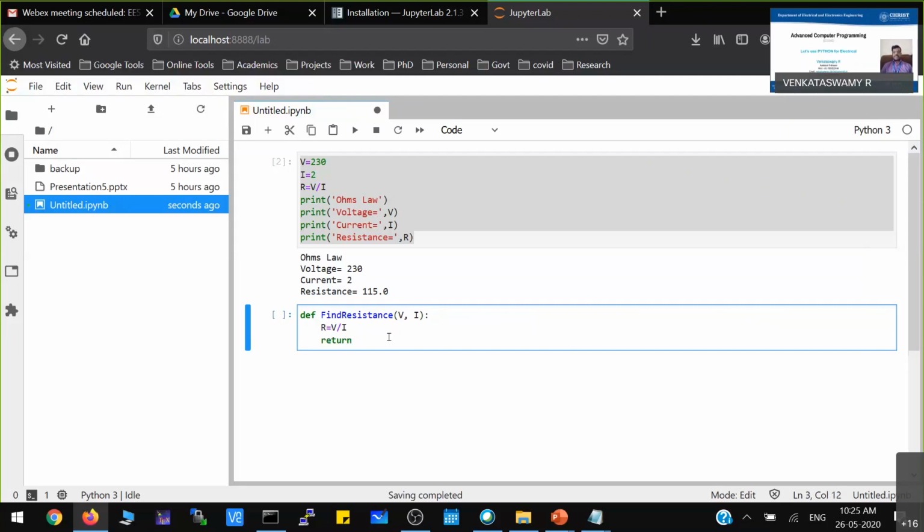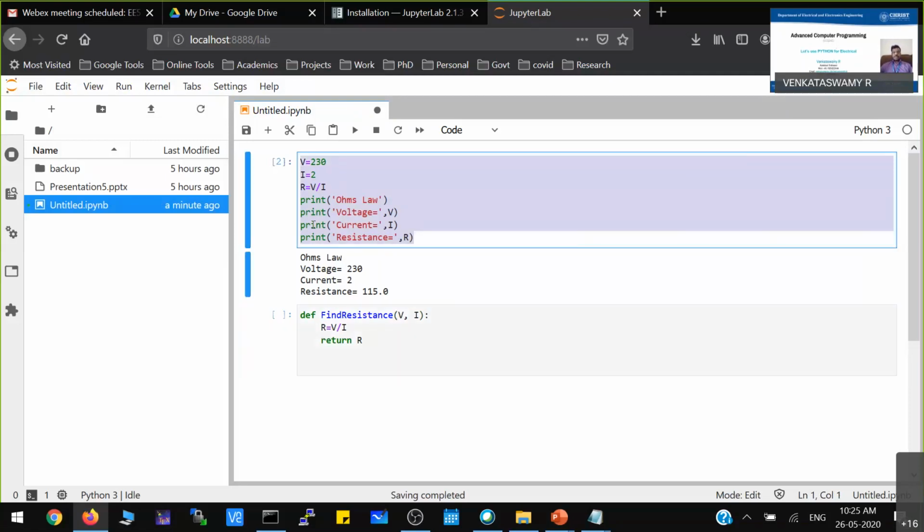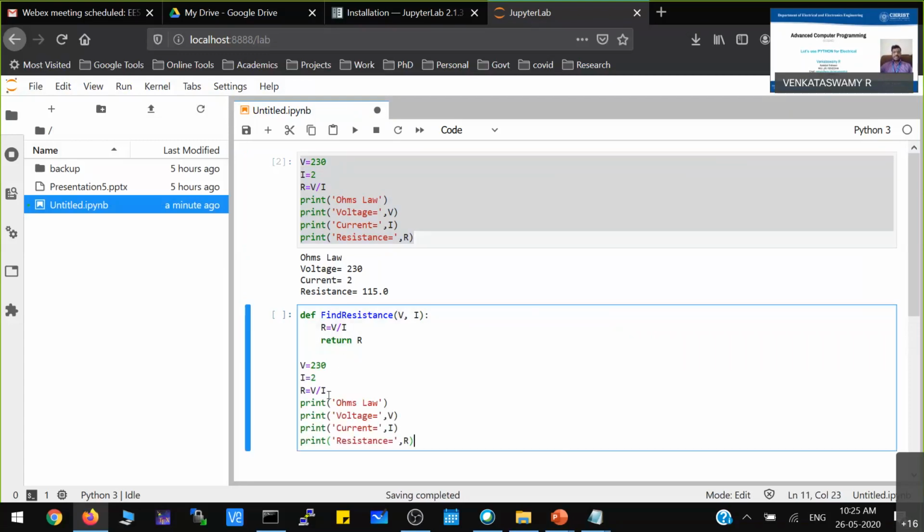To tell the function to return that particular value, to output that value from this function, you have to use the return command. Then you give that return value. In this case, the output is the resistance R, I am writing. Then the function is created now. Then what I'll do, you see, the entire thing I'll keep as it is, but this particular function I'll use in my calculation. You see here.